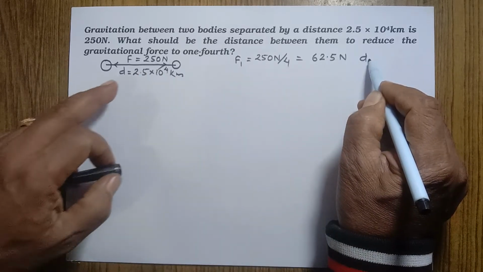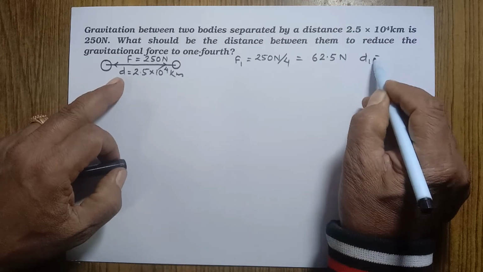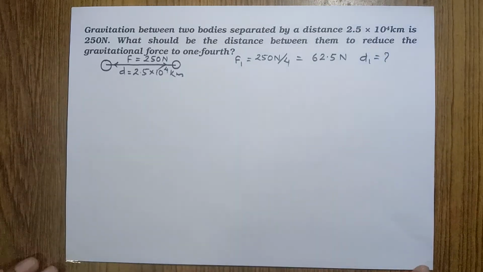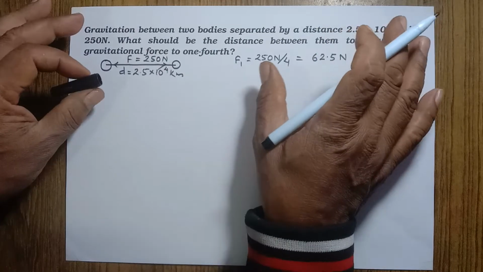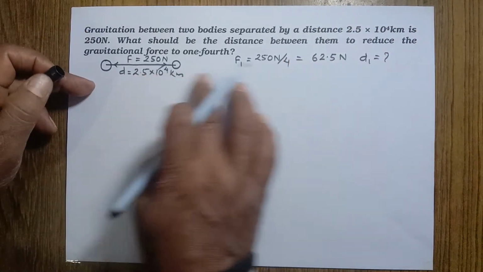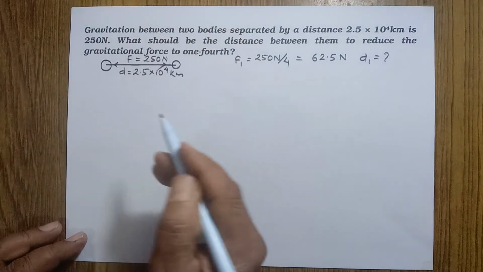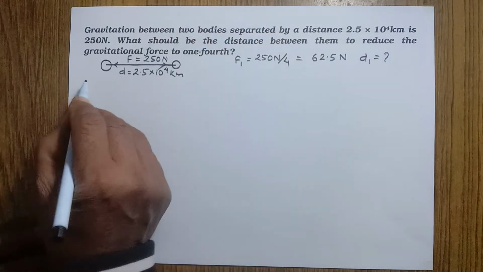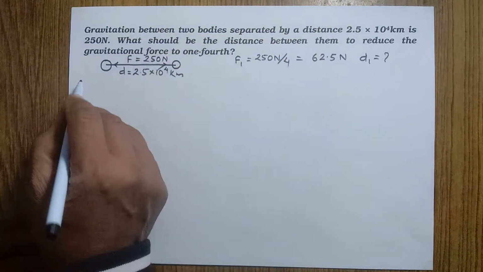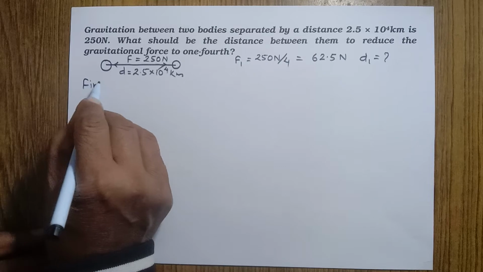Now this distance is not the previous one. Let's say it is d1. We are going to find out this. This is the explanation of the question. You don't have to write all these. We can start at once like this. There are distinctly two conditions. First condition,